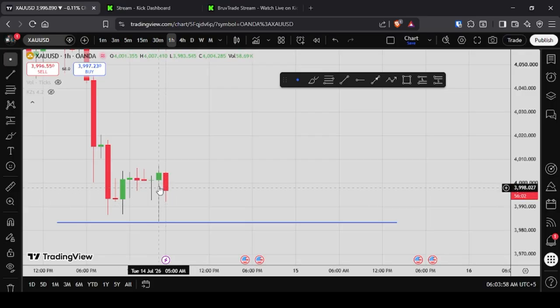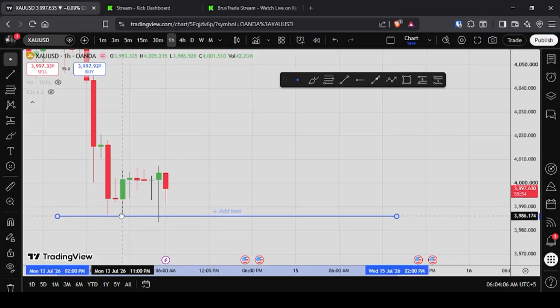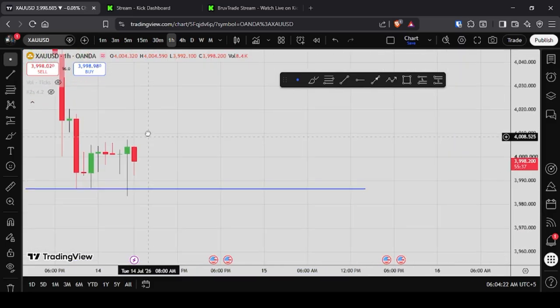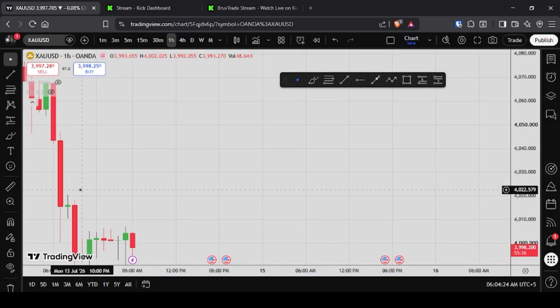So as you can see, the Monday candle ended around here. The low has already been taken out from Monday. As you can see, the low has been taken out and it shot upwards. That is what happens when you take a major point of liquidity. So it went upwards and closed right here. There's a chance it could go down again and then take this high right here.